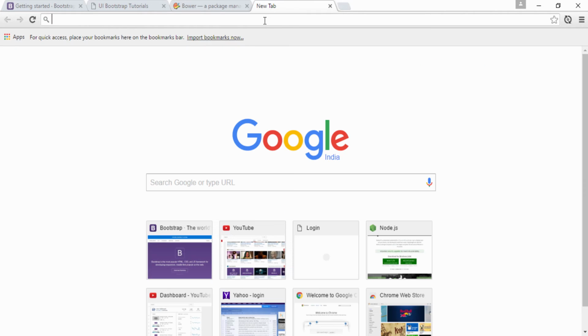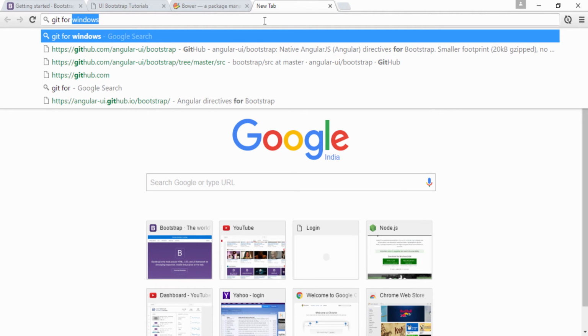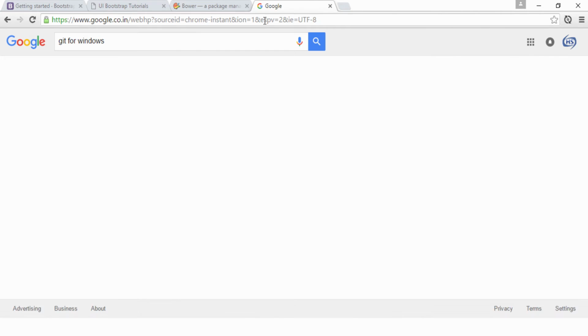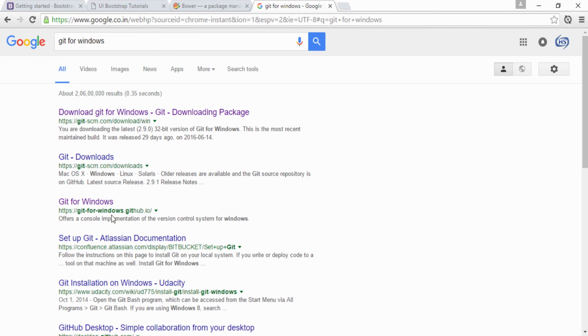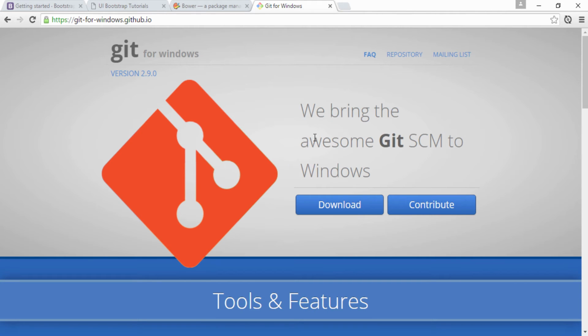For Windows, type git for Windows, and you can see there is a site, git-for-windows.github.io. We'll go to that site, and you just have to download and install git for Windows. I have already done that, so I will skip this step.